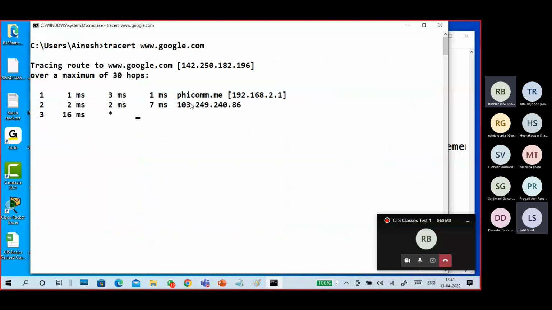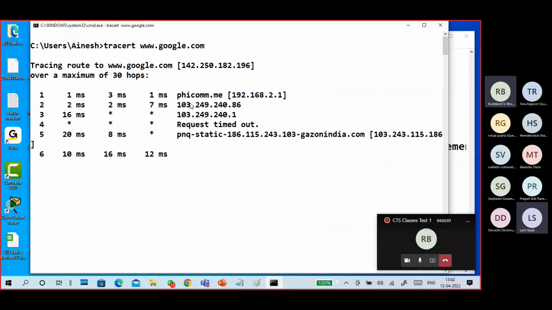First, from my system to my router, to the ISP router, the ISP service provider router. Finally it crossed the ISP provider.